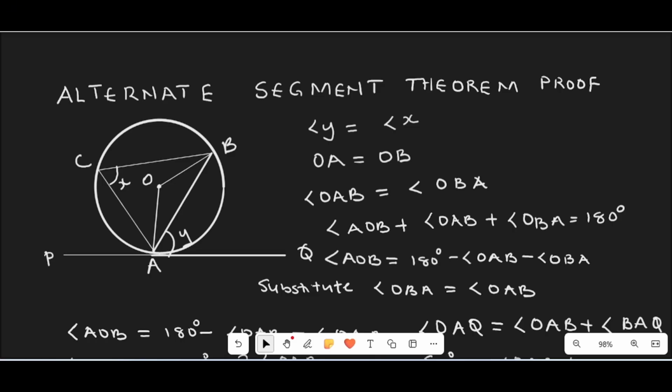Let's summarize what we have learned. A tangent touches a circle at one point. Chords start from the same point. This is our tangent in this diagram, and our chord starts from the same point of contact with the circle. And we say the angle between tangent and chord is equal to the angle in the alternate segment. So remember, whenever you see a tangent and a chord, think of the alternate segment theorem and you will solve the problem easily.